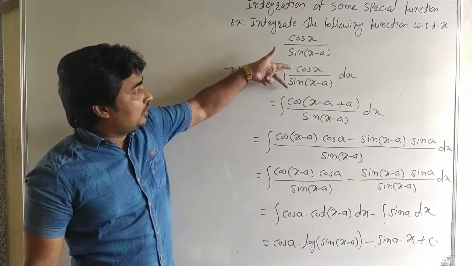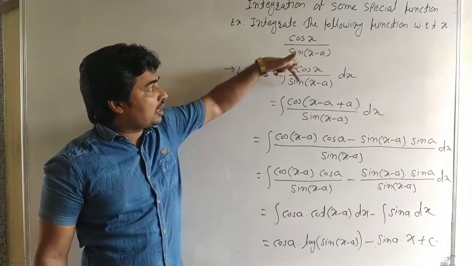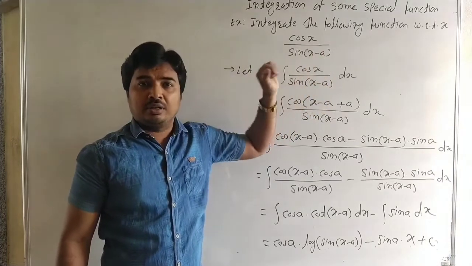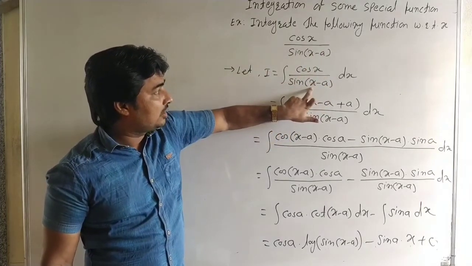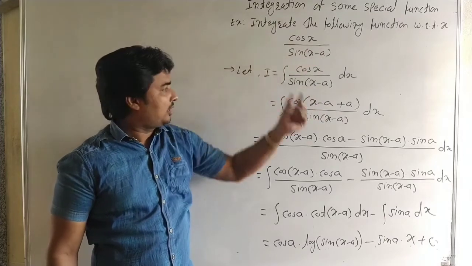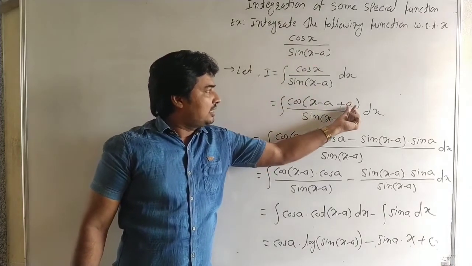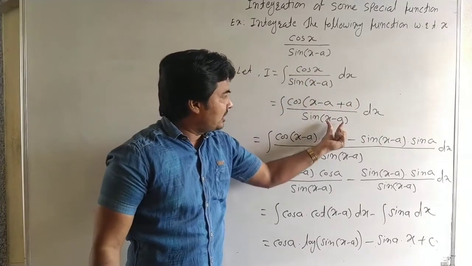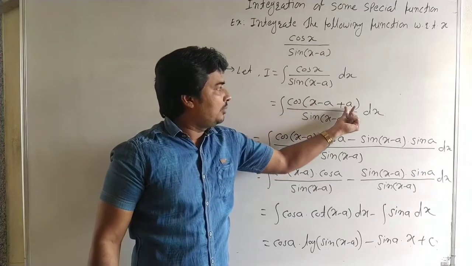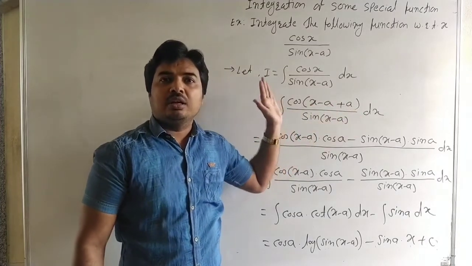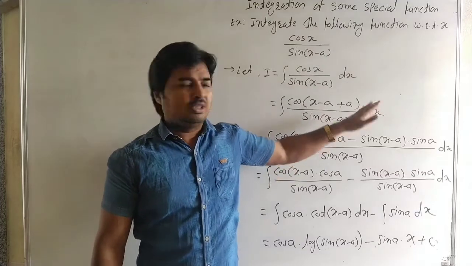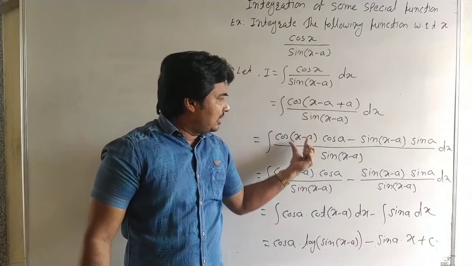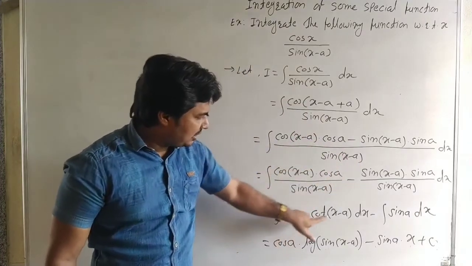Here our example is in the form of cos x upon sin x minus a. We adjust the angle in the denominator in the numerator. The angle in the denominator is x minus a. We adjust it in the numerator, it is x minus a plus a. It is an adjustment because the given angle is x. So it is x minus a, take it as a, and the remaining angle is b. We use cos a plus b. If here it is sin, then we use sin a plus b. Then it is a formula. Then separate, and now it is in the standard form.